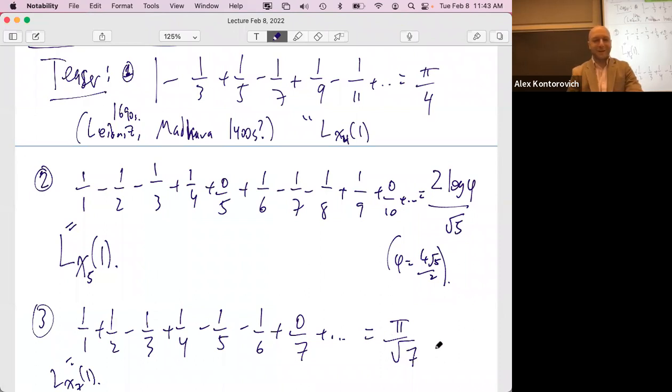I think this is right, so let's check these numerically and see if they're right. There's an infinite collection of such identities that Dirichlet identified. For any sequence of these plus signs and minus signs, Dirichlet can tell you what the answer is on the other side. And as you can see, sometimes it's pi, sometimes it's log of phi or something. What is going on? Why is this